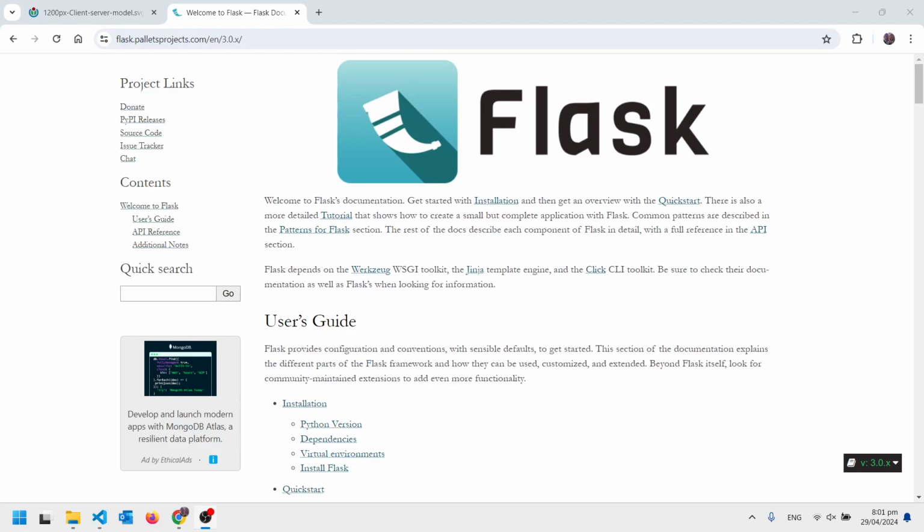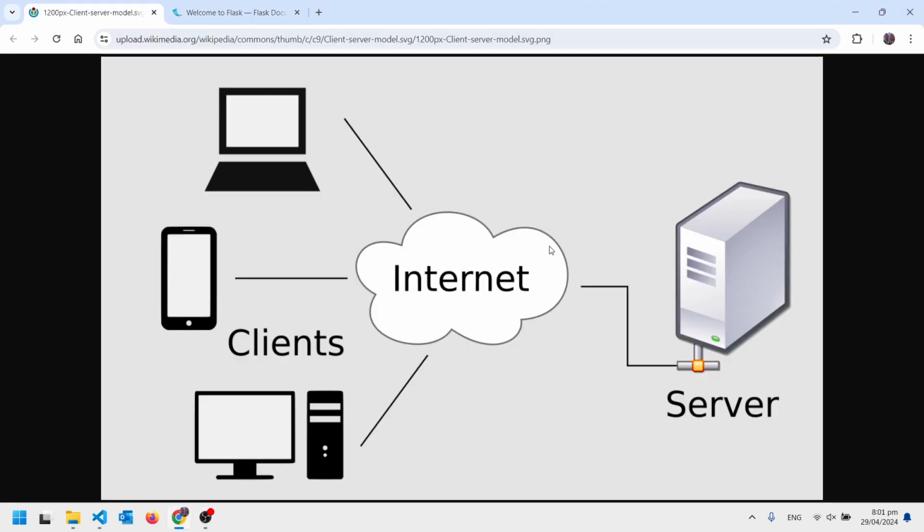So we're going to make a web application using a little library called Flask. Let's quickly talk about what we mean by web application. This is what the internet basically looks like. We have web servers running somewhere, probably far away, and we have client devices, phones, laptops, etc., which connect to